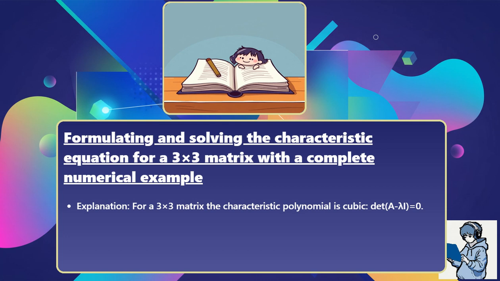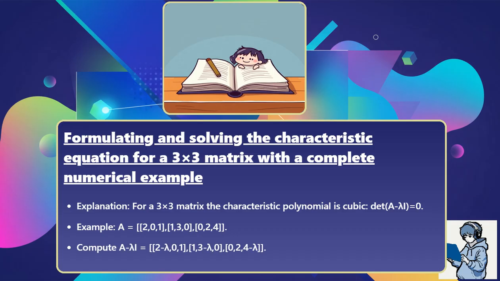Explanation: for a 3x3 matrix, the characteristic polynomial is cubic. Determinant of A minus lambda I equals 0. Example: A equals a matrix with rows [2, 0, 1], [1, 3, 0], [0, 2, 4]. Compute A minus lambda I equals a matrix with first row 2 minus lambda, 0, 1, second row 1, 3 minus lambda, 0, third row 0, 2, 4 minus